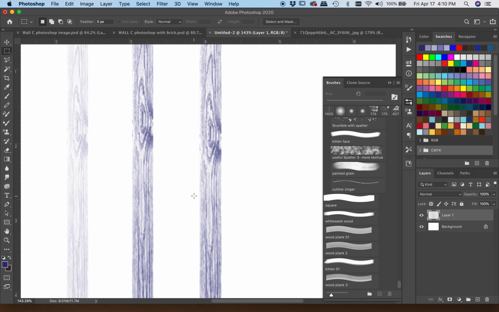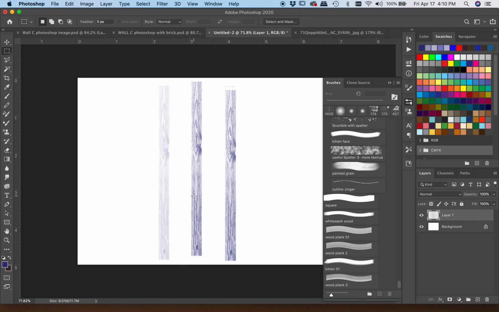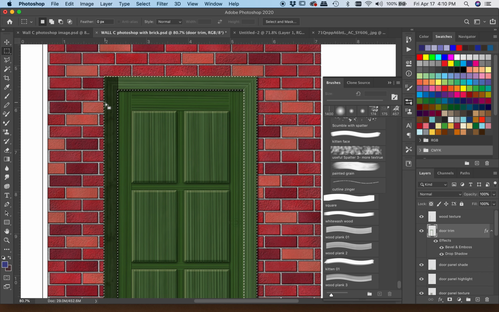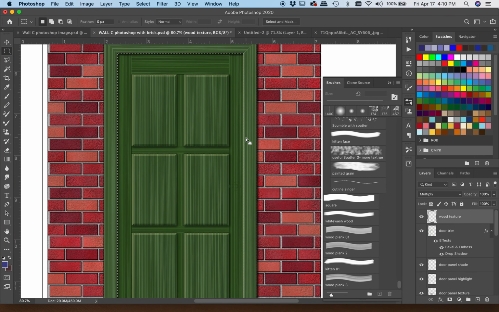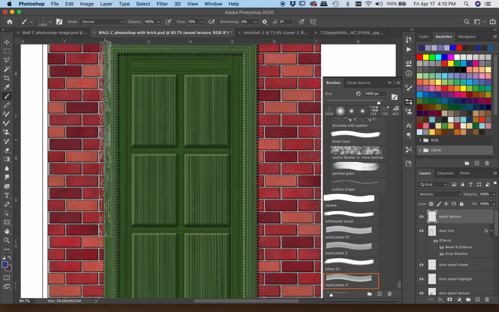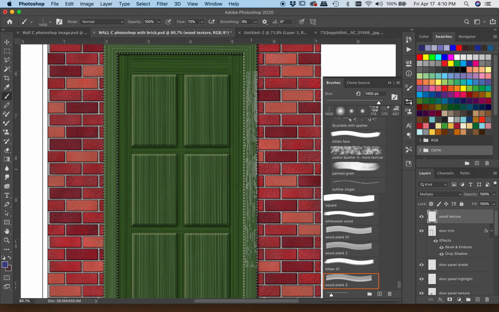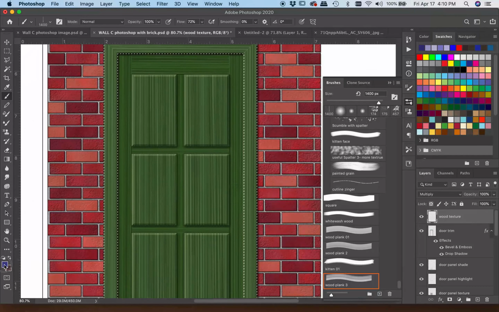So you can create lots of different textures. Now, wood, if you're doing something that has wood planks in it, obviously you're going to want to do more than one texture, but you can create as many different brush shapes and sizes that you could possibly want. So you can go in and overlay that on top of some other texture. So for example, I have this door here that we created kind of a faux dry brush texture on. I could actually add a wood texture on top of that if I wanted to.